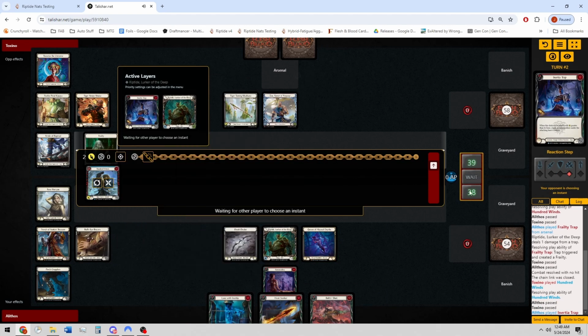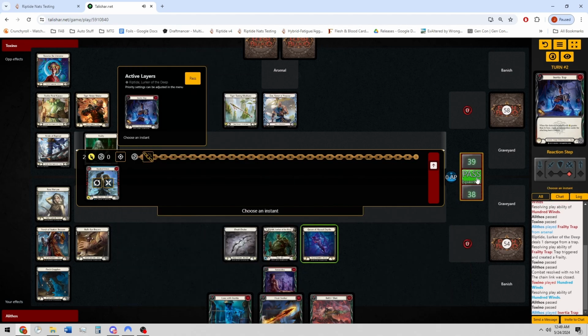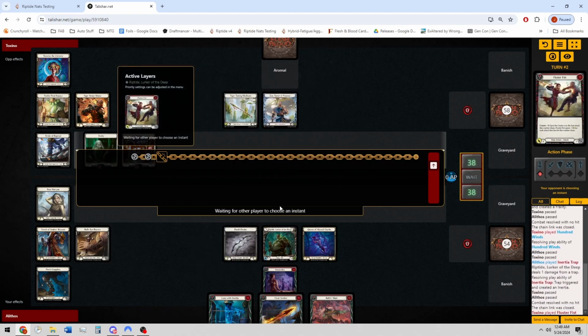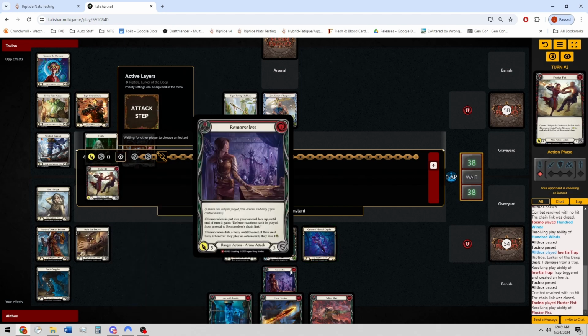These inertia traps help make it to where they don't get to set up. And Remorseless and Sleep Dart are super essential in the matchup because they force your opponent into a certain turn cycle. Yep, this is 100% that list. Okay, so